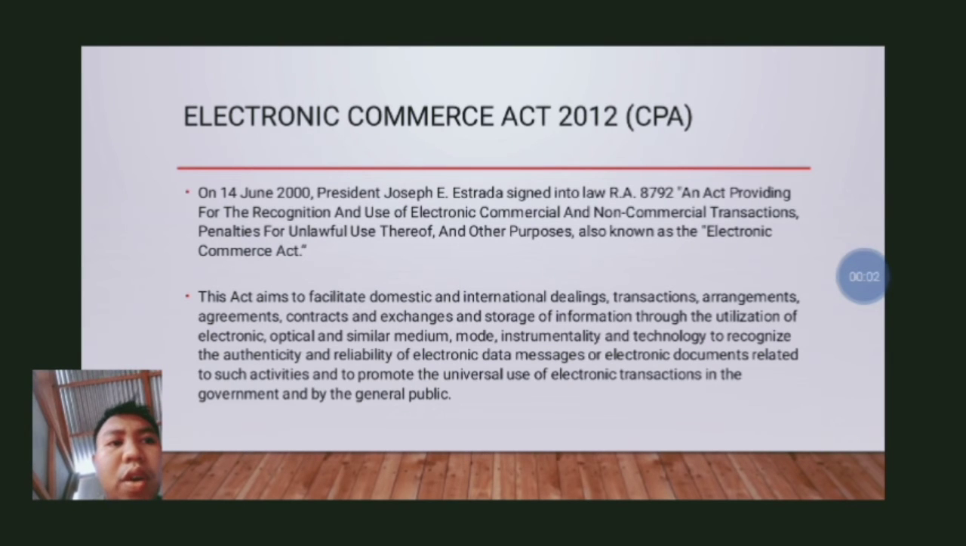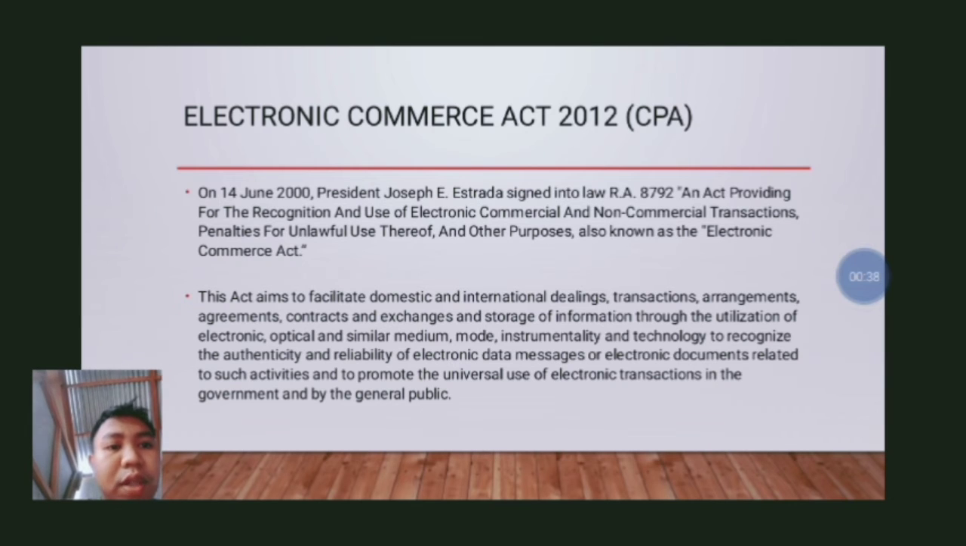Electronic Commerce Act. On July 14, 2000, President Joseph E. Estrada signed into law RA 8792, an act providing for the recognition and use of electronic commercial and non-commercial transactions, penalties for unlawful use thereof, and other purposes, also known as the Electronic Commerce Act. The